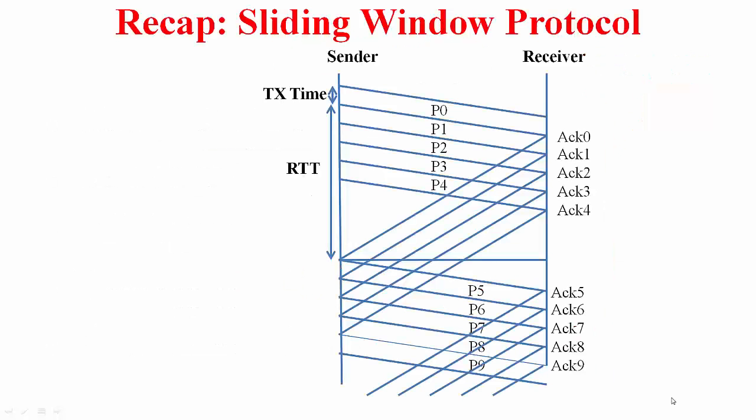Remember what the sliding window protocol is? This picture should help. We have a window of packets that the sender sends. So this is the window of packets. In response to this, the receiver is going to acknowledge the packets, and in response to these acknowledgements, you are going to clock out more packets.